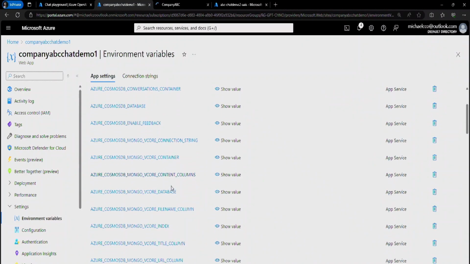All right. And the web page is actually taking a little bit longer, which means that it might actually have picked up that environment variable change. But like I said, these are where you're making those